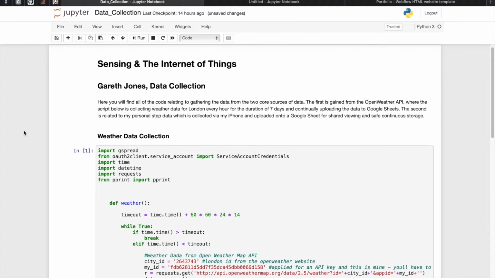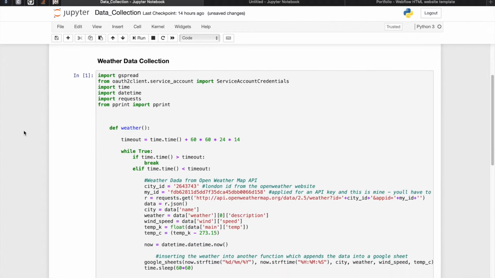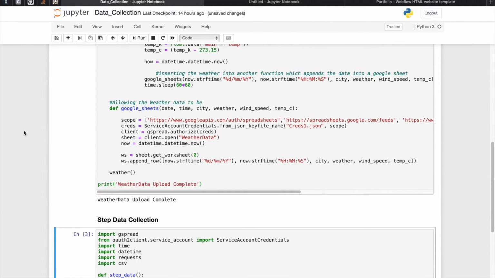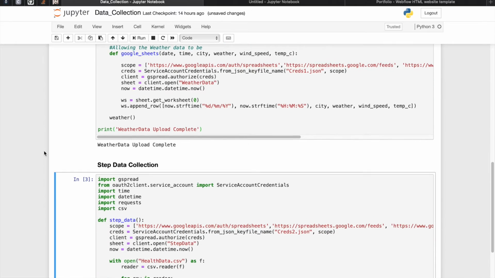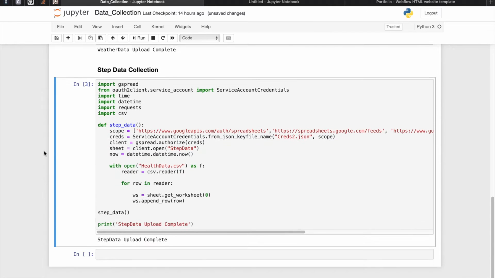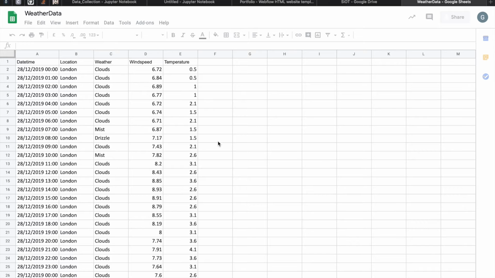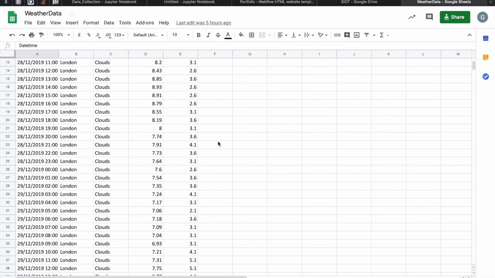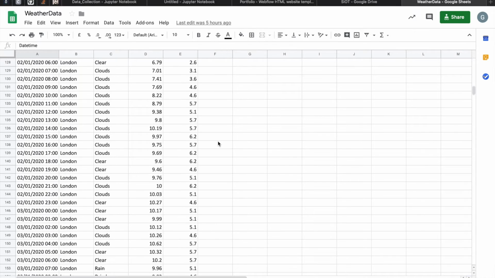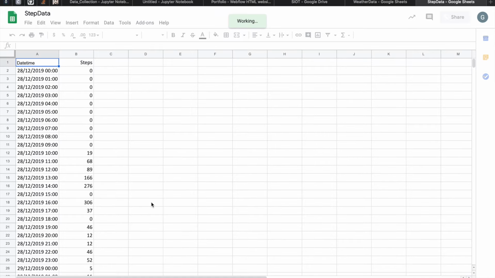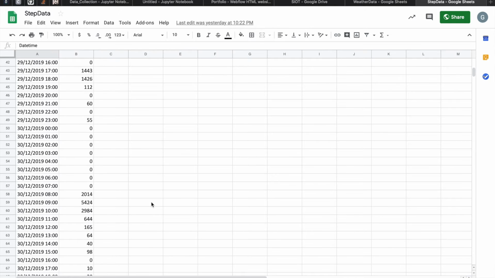So as you can see here now, there's a Python script that is calling the data from the API and then uploading that onto a Google Sheet, both from the step collection and from the weather API. Then everything is uploaded into the Google Sheet every single hour for a total of 14 days. So we're looking at 2 weeks worth of data to try and see if there's a correlation. And then in terms of the step count, there is just the date and the time and then the steps